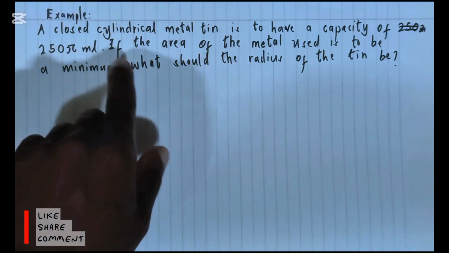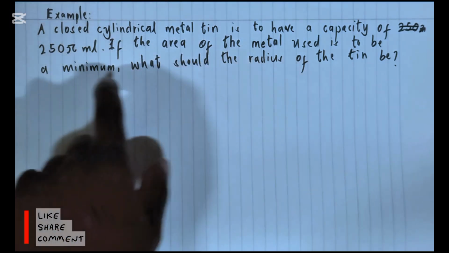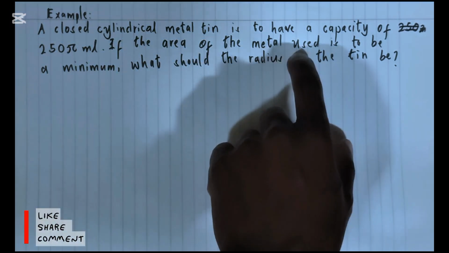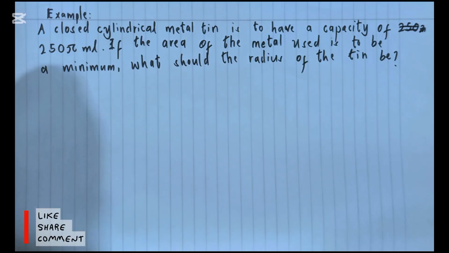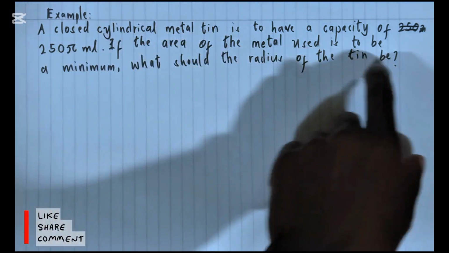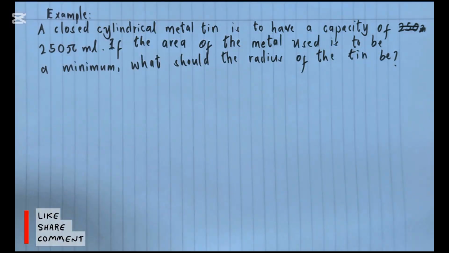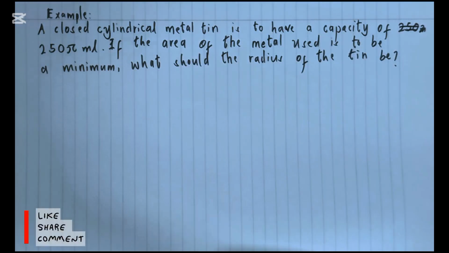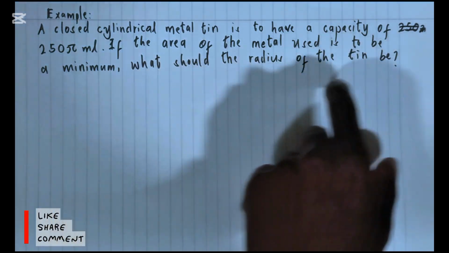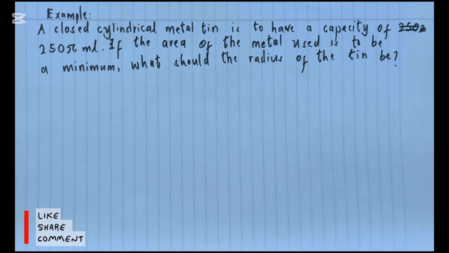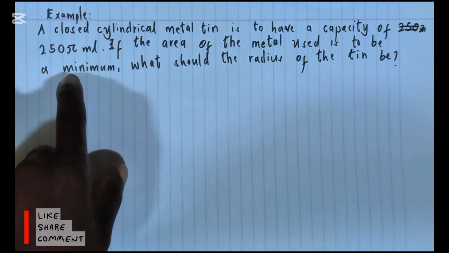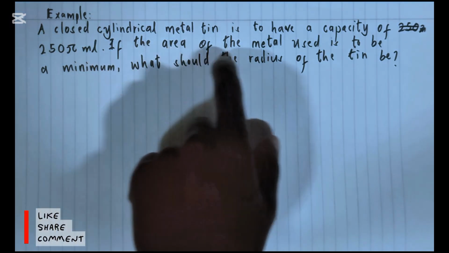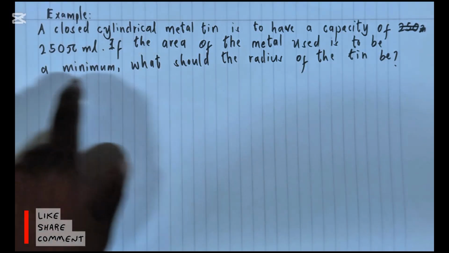All right. If the area of the metal used is to be a minimum, we have already been given that statement, so we don't have to find whether it's a maximum or a minimum. But if the area of the metal used is to be a minimum, what should be the radius of that tin? By mentioning that the area of the metal used is to be a minimum, we basically understand